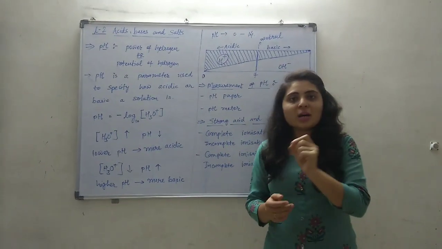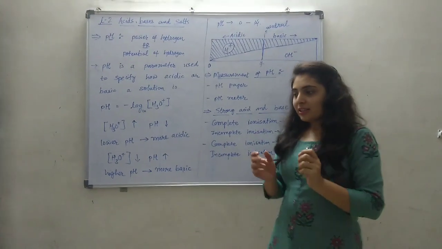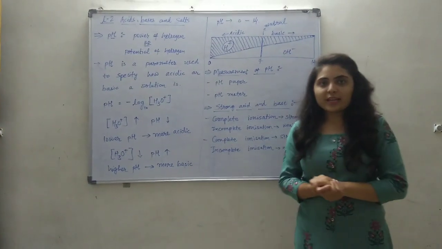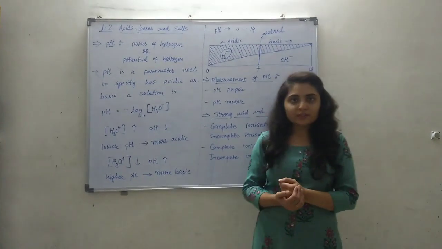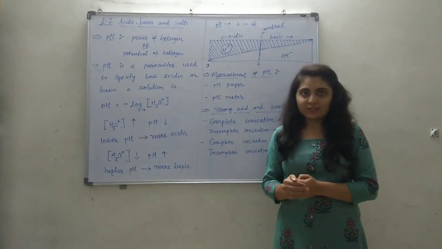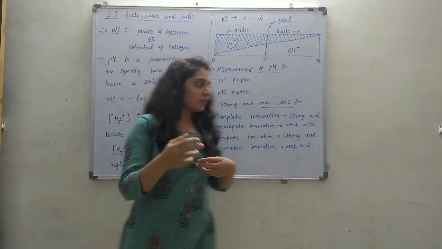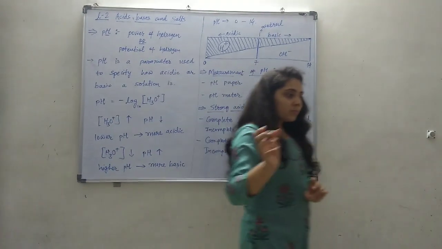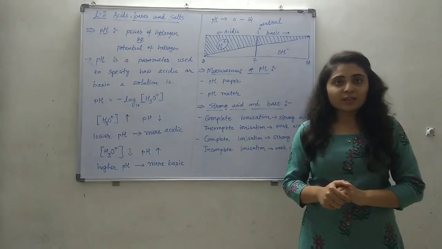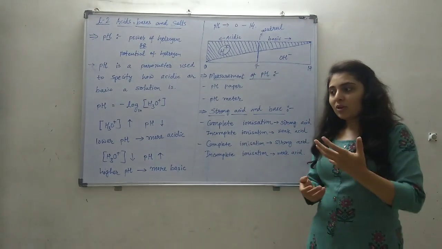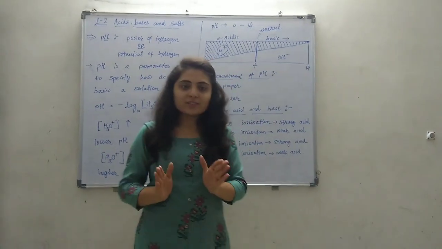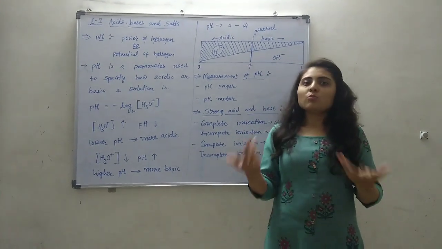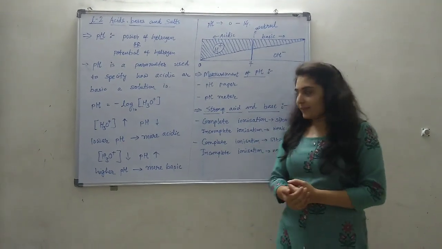So, depending on the number of H+ ions, it defines the strength of acidic nature. Let us say there are two different acids, hydrochloric acid and acetic acid, which is used as vinegar. There are two different terms for acids, strong acid and weak acid. How can we say this? The strength of an acid is defined only by the number of H+. The more the number, the more the strength, the stronger the acid.